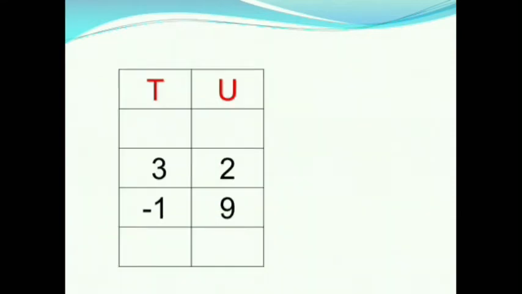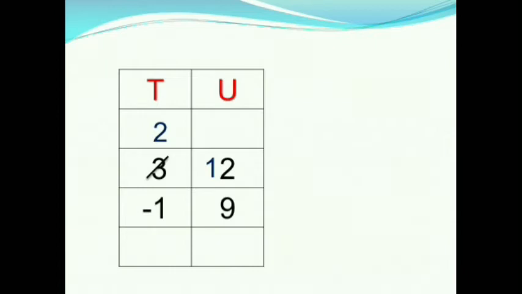Now we should subtract 19 from 32. First we should subtract units place digits. Which digits are there in the units place? The digits in the units place are 2 and 9. 2 is smaller than 9. 9 cannot be subtracted from 2. Hence borrow 1 ten from tens place to units place. Units place can be written as 10 units plus 2 units equals 12 units. After borrowing 1 ten from tens place to units place, tens place is left with 2 tens.